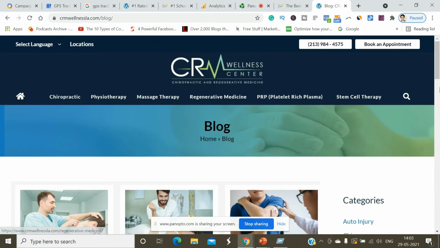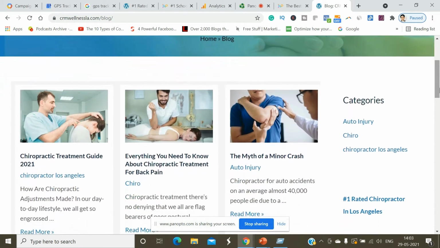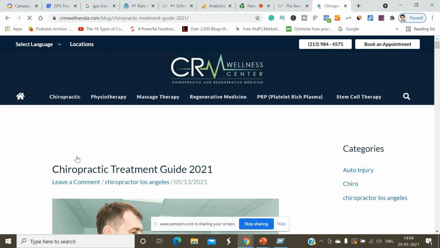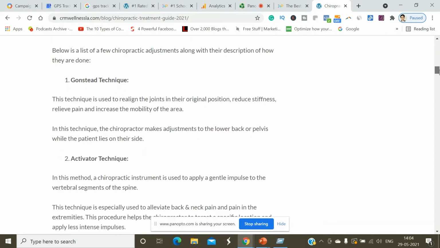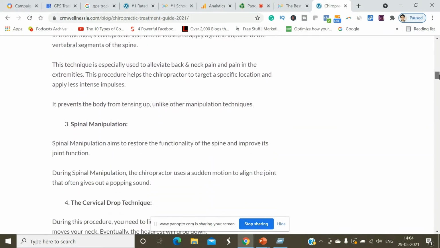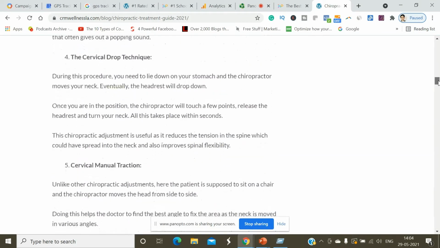So I open page here, chiropractic treatment guide, right? Okay, so I'll take you to this page and I'll show you how we build inbound links. Inbound links is something like creating internal linking architecture.